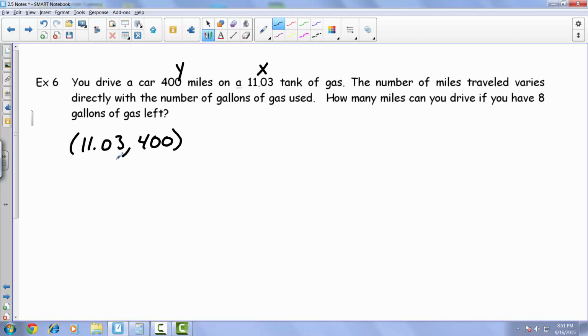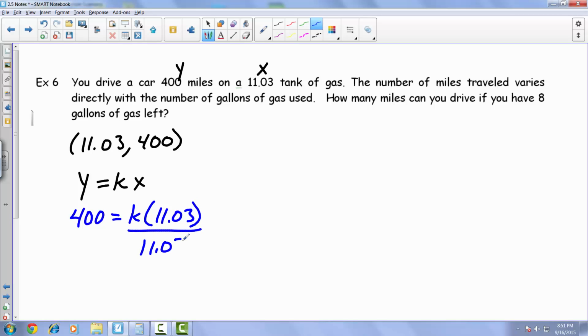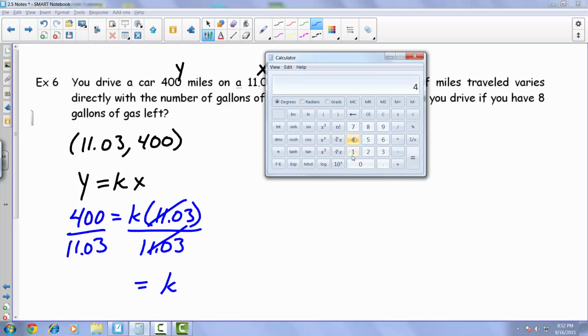Now from this information we can go ahead and find out what is our constant of variation. So we end up with Y is equal to K times X. And going ahead and throwing in our X and Y, we end up with 400 is equal to some K that we're trying to figure out times 11.03. Dividing both sides by 11.03. On the right they just cancel, leaving us with just our K, which is equal to, throwing this in the calculator, 400 divided by